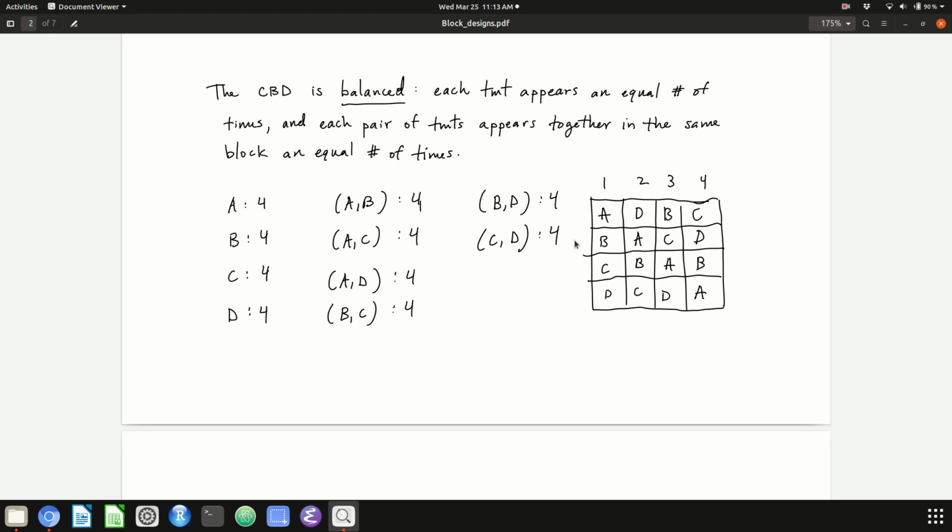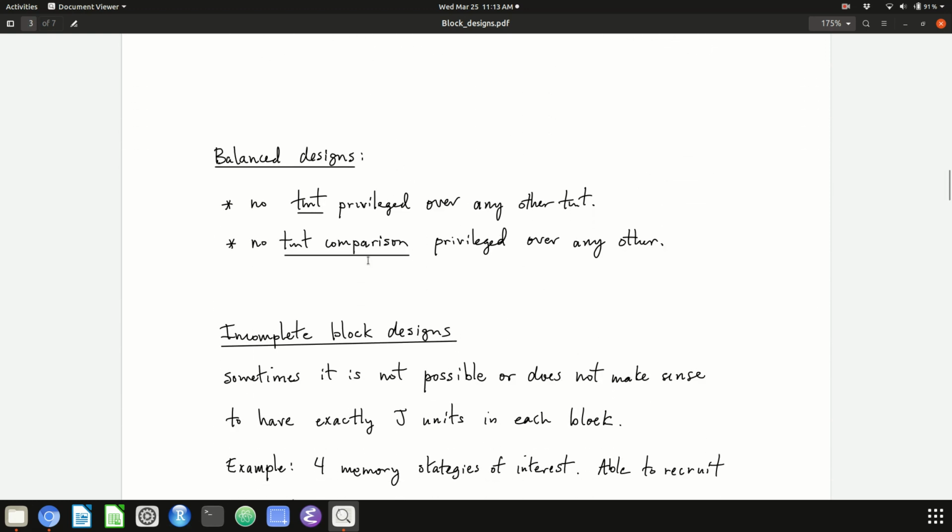So if you want to get estimates of comparisons between treatments, it's useful to have the pair of treatments appear together in the same block. That's the reason, and because in a balanced design, each pair of treatments appears together in the same block an equal number of times. That's why we say in a balanced design, no treatment comparison is privileged over any other treatment